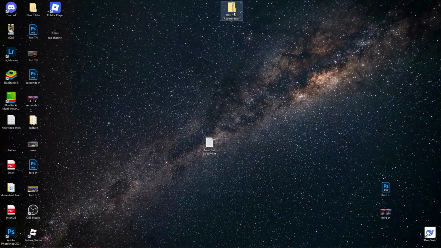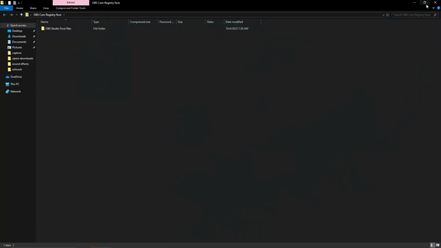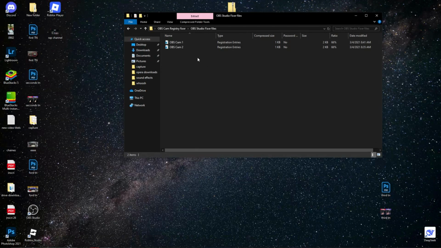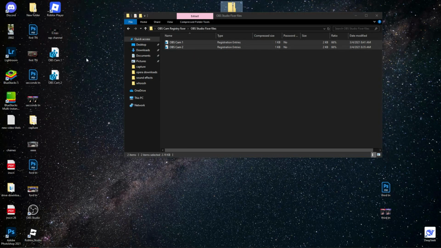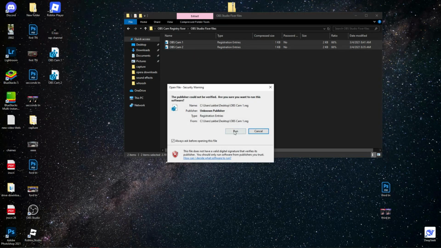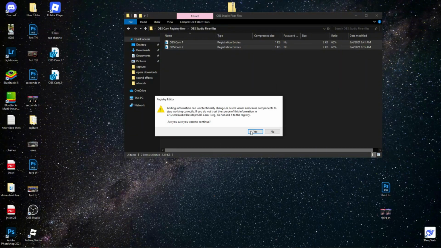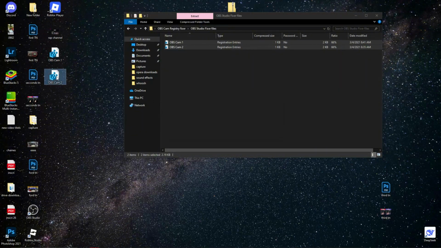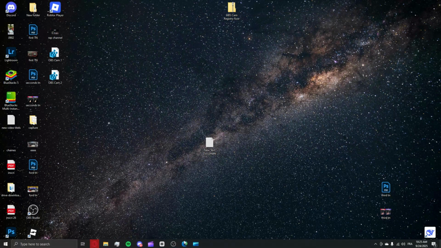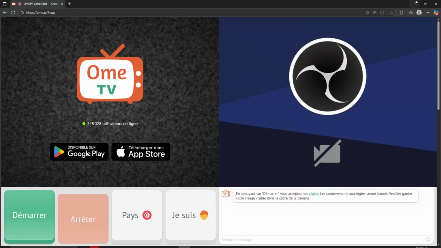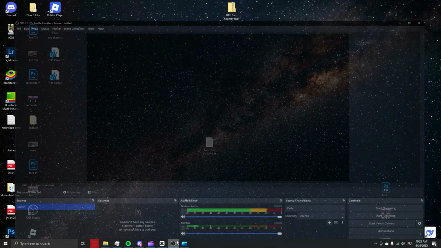So just unzip it on your desktop or on any other file, and then you will find two files, OBS Cam 1. So double click on it and then click on OK, and same thing for OBS Cam 2. Click on OK. Now close your Microsoft Edge or any other browser that you're using, and then go to OBS, close it and reopen it again,